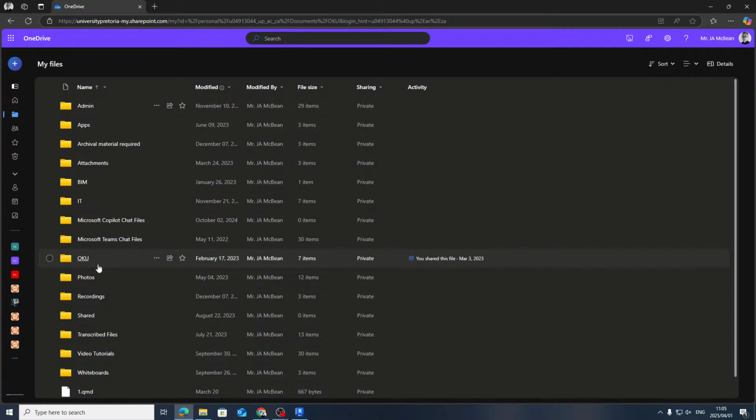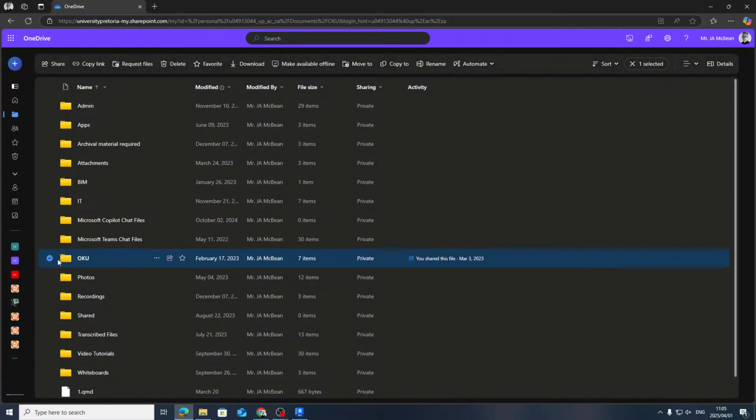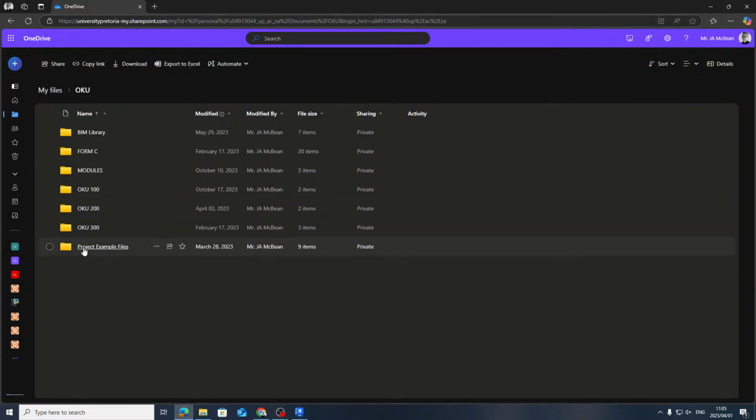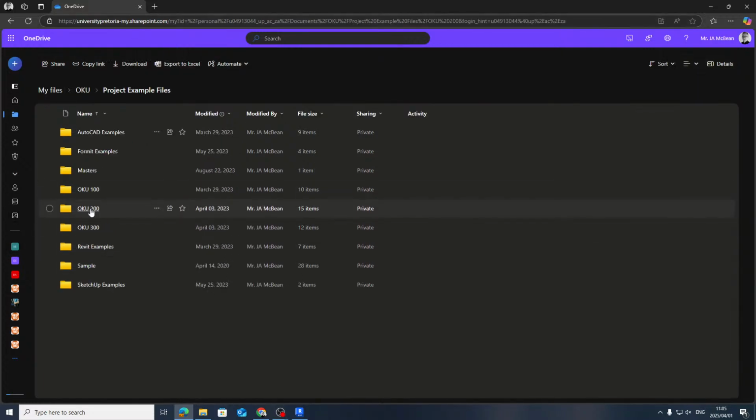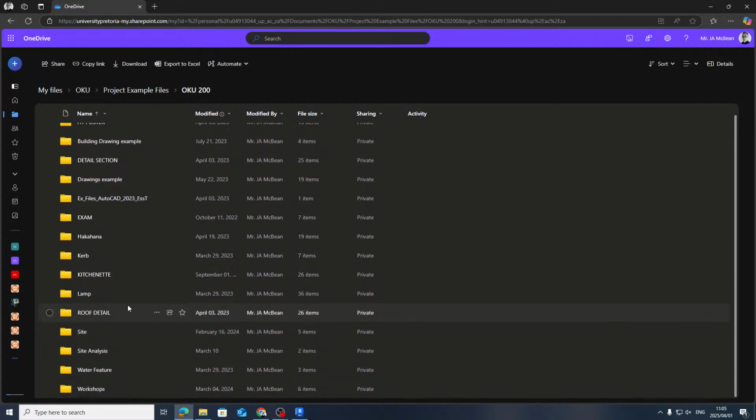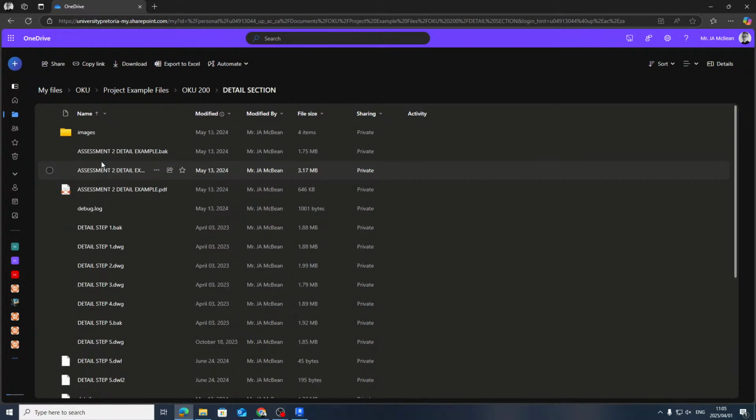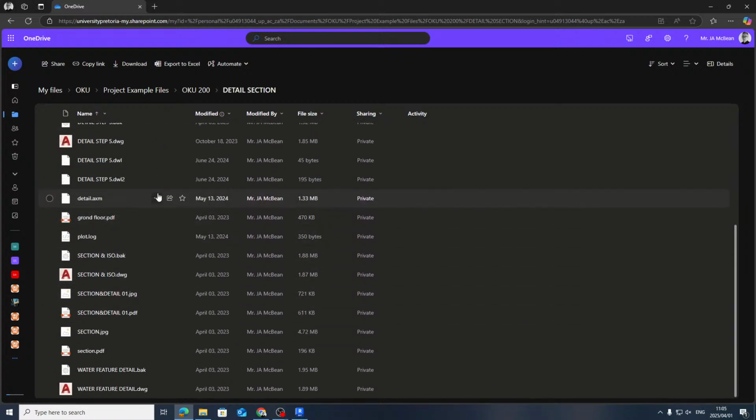So OKU. I see it's very slow online as well, so that's interesting. Project examples, okay, 200. So let's just go and do detailed sections. Let me download the Forma model, which is this one over here. Download.